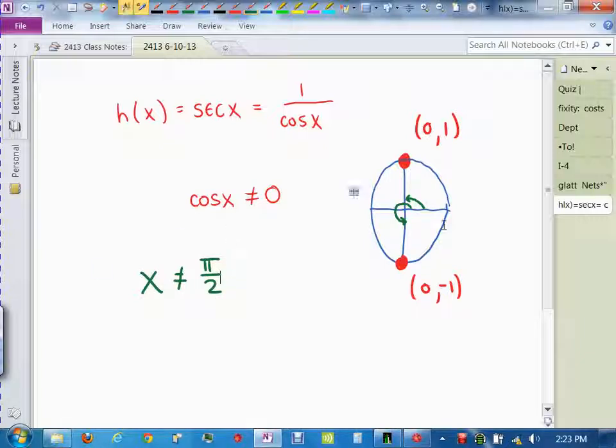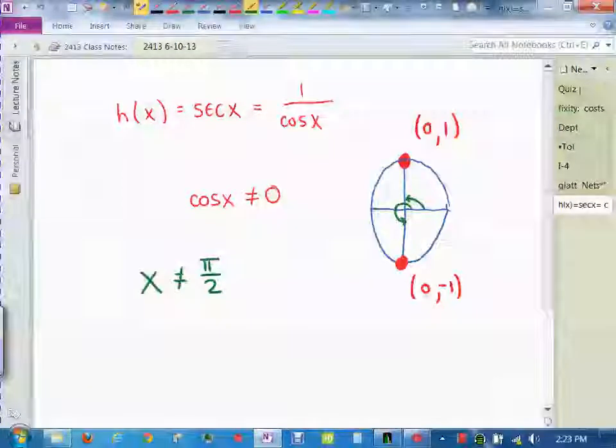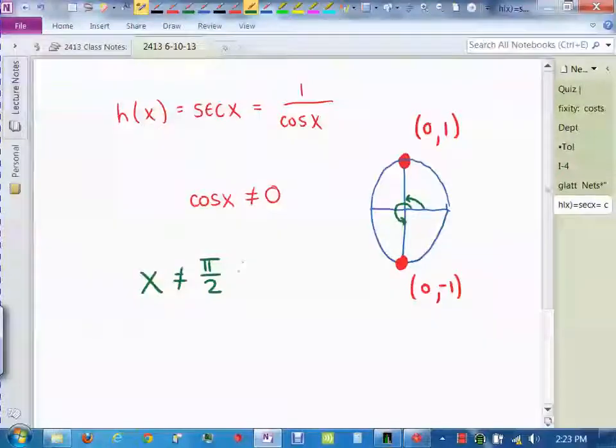Because if it's pi over 2, we're pointed straight up, and cosine of that is 0. Now, if I spin around halfway, that's still no good, right? And if I spin around another half, it's still no good. So if I add something over here, watch this, to my pi over 2. What if I say plus